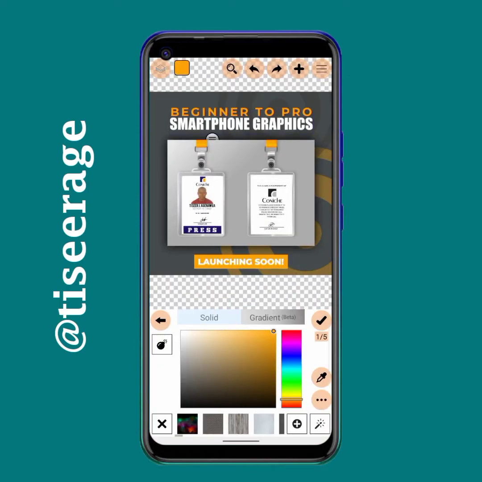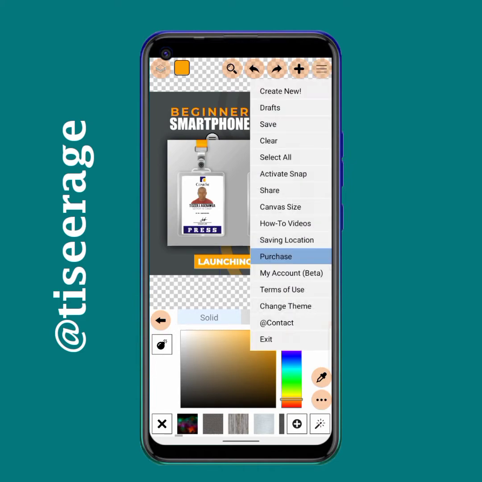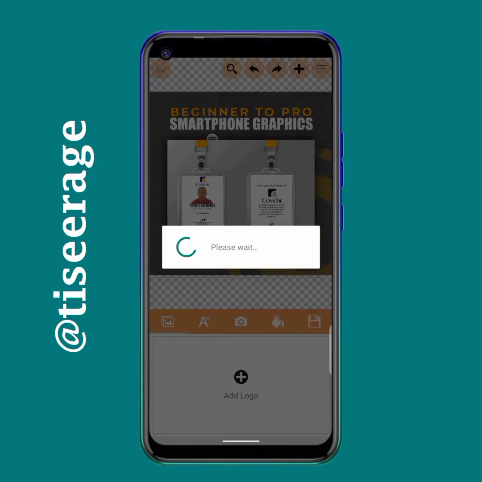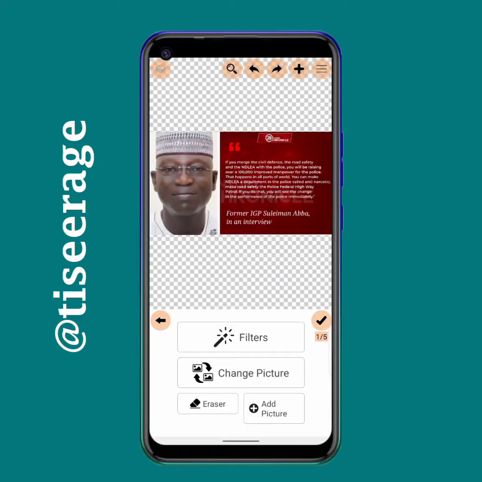So guys, at the top we are done with anything we want to do. So let's go back to draft and then bring in another design here. I want to do something. So now